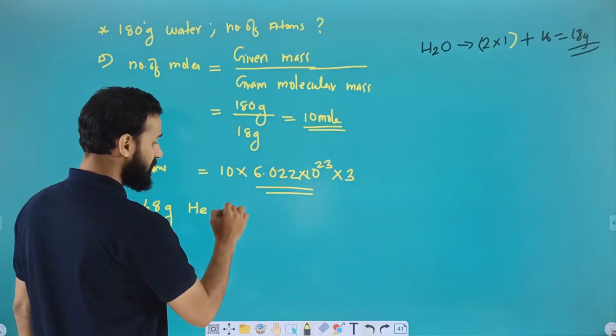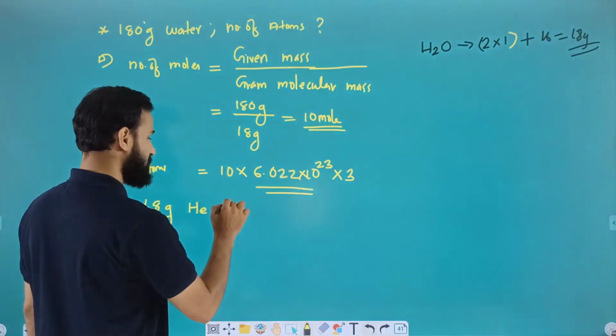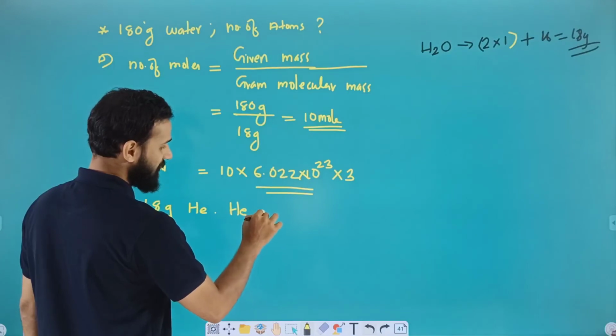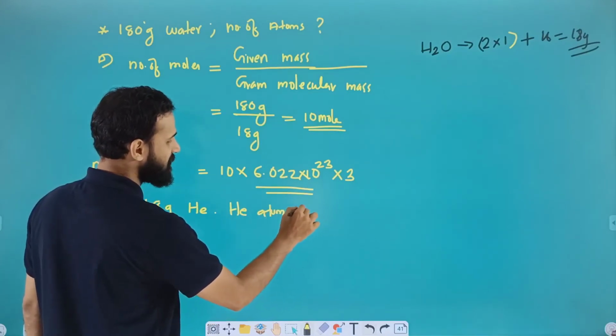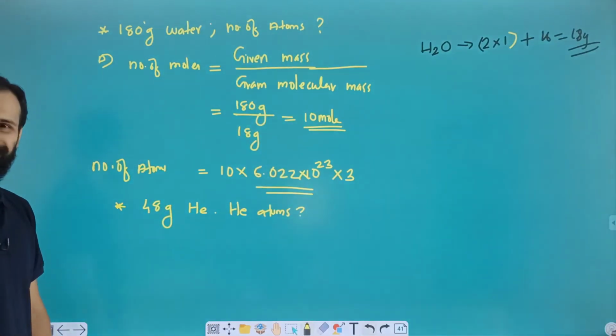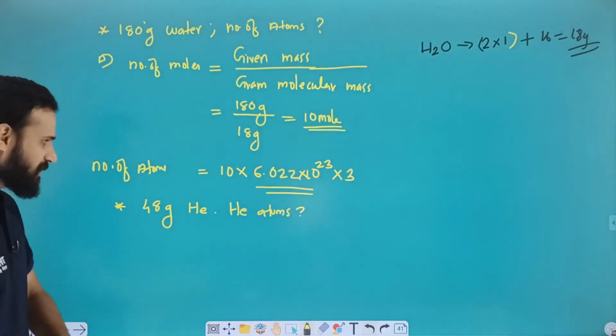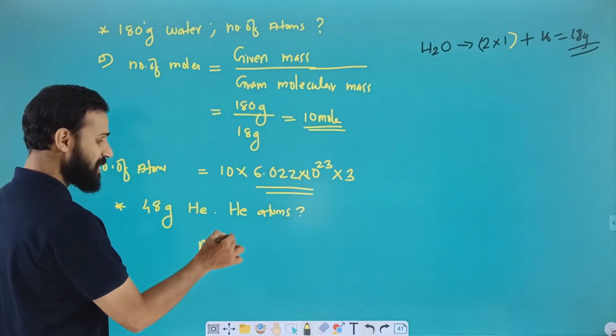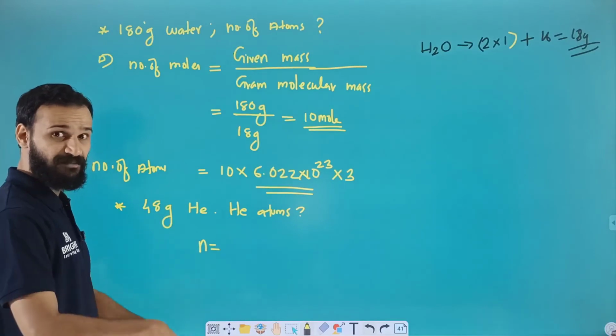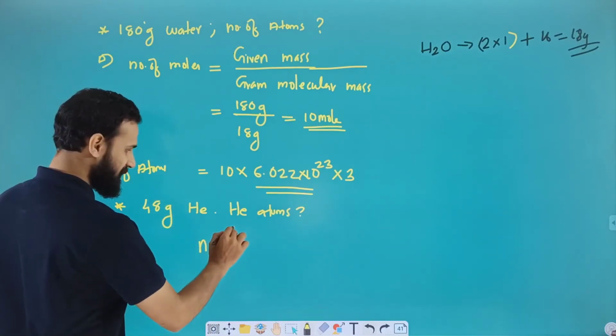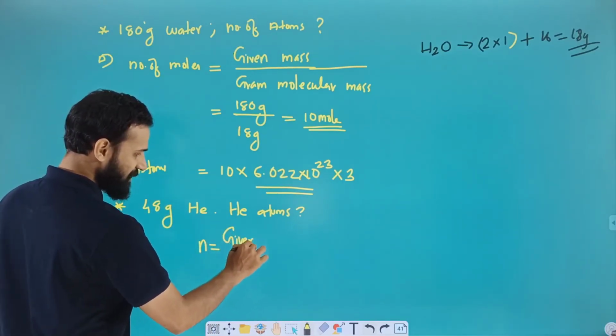How many helium atoms are present? This is the question. So what is the first step? First we have to find the number of moles. How can we find the number of moles? Given mass divided by